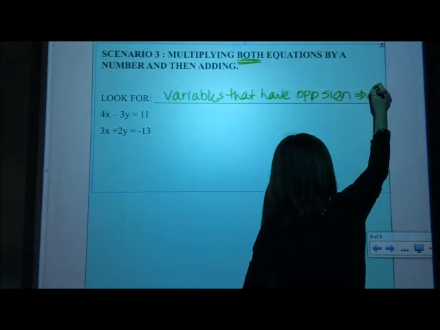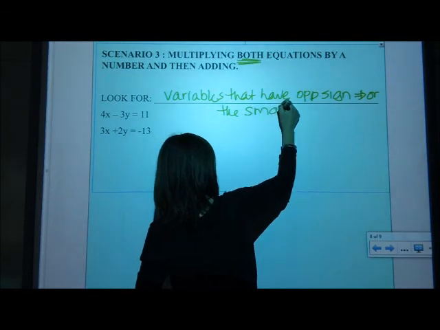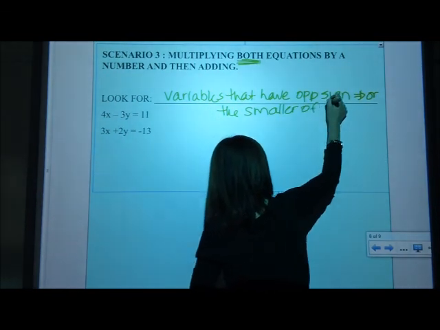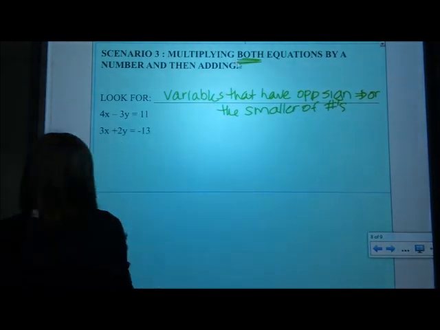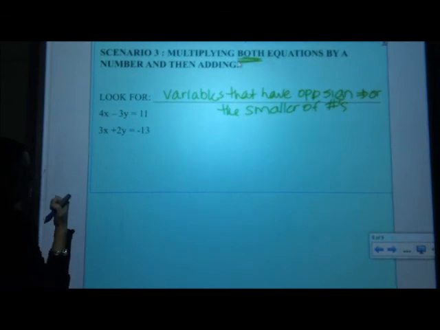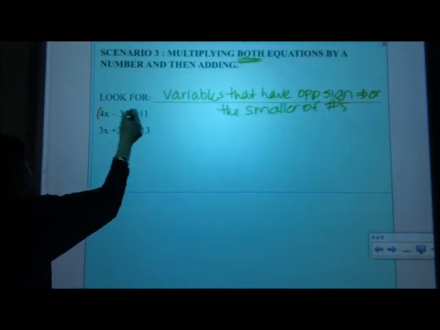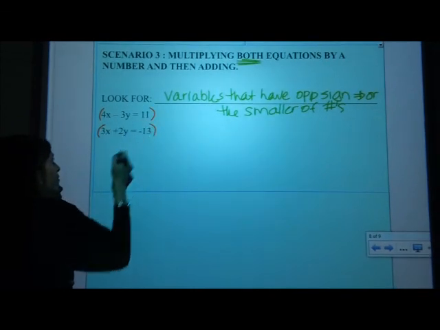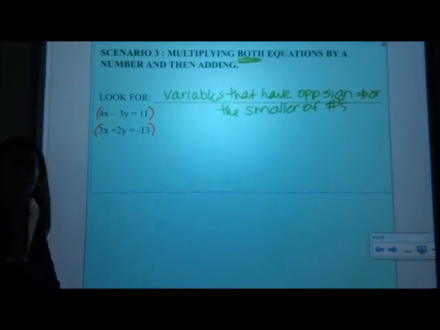or the smaller of the numbers. The smaller numbers will definitely be easier if we have to multiply both equations. So I looked at this and I'm like, okay, the 3 and the y's are both opposite signs, so I'm going to work with those just to make this easy on myself. So I'm going to multiply it, and what number can I make them both that's small? Well, they're both divisible by 6,